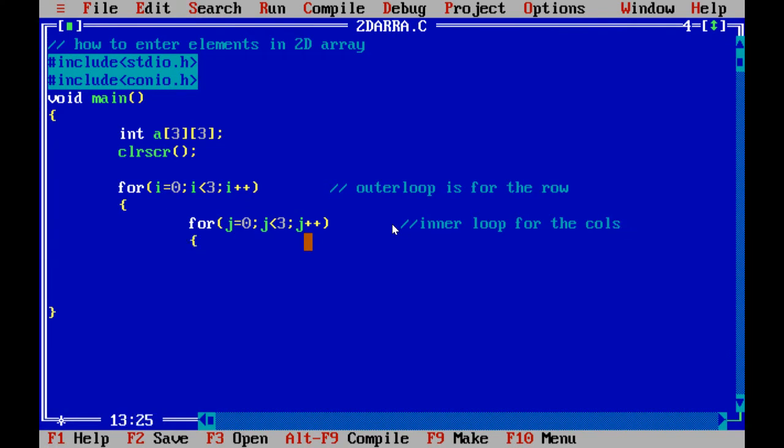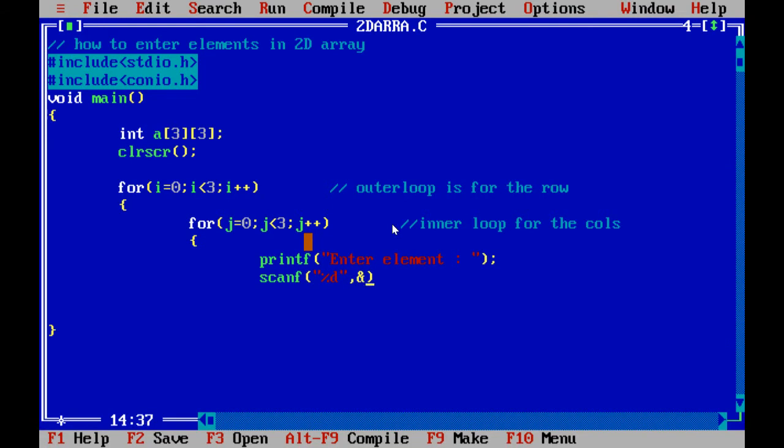Okay, now what you need to do, every time we will ask the user, right, to enter the element, and total 9 elements are there. So enter element, let's give the number, and to give the number we need one more variable. So right now I'm just giving the enter element thing. You can modify it later on.